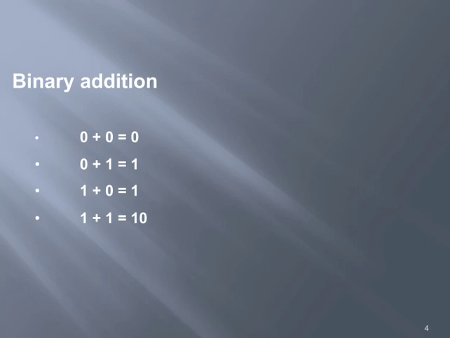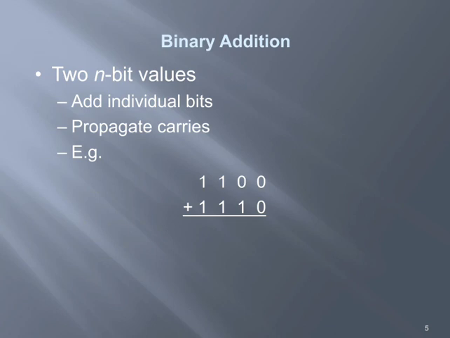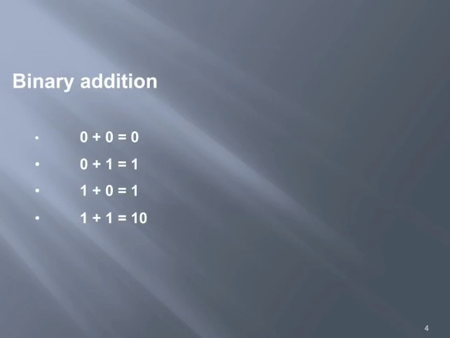So this is the main binary addition concept. 0 plus 0 will give you 0, 0 plus 1 will give you 1, 1 plus 0 will give you 1, and 1 plus 1, the sum is 0 and carry will be 1. So every time when you are adding two numbers, if some carry is generated, that will be forwarded to the next subsequent digit. That's the meaning of carry.